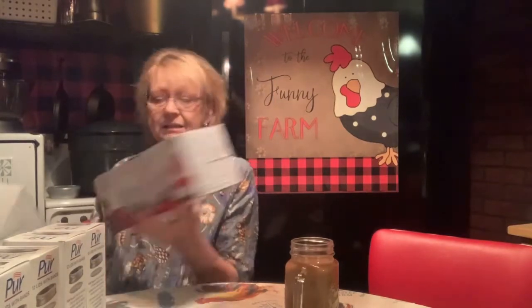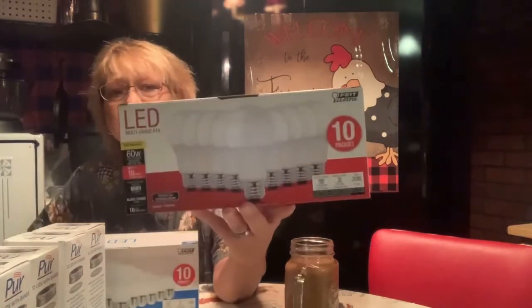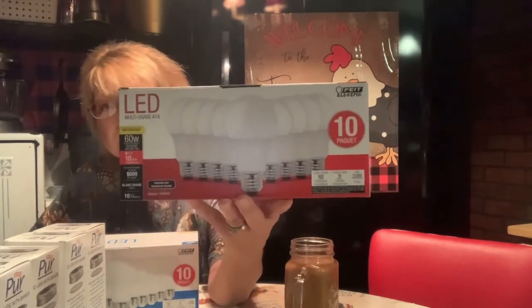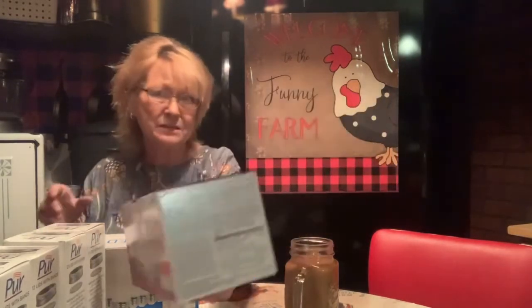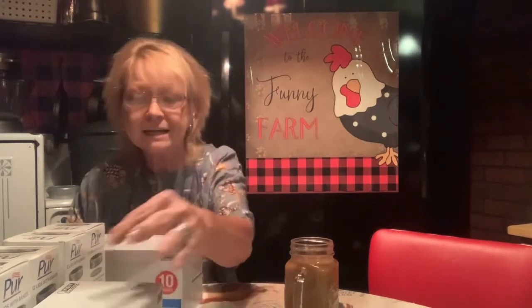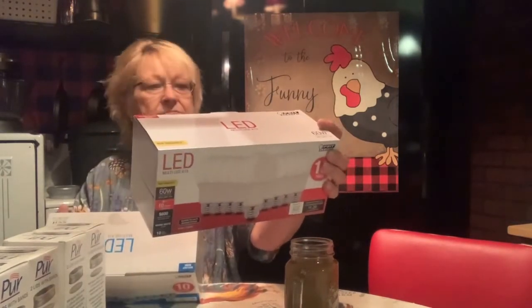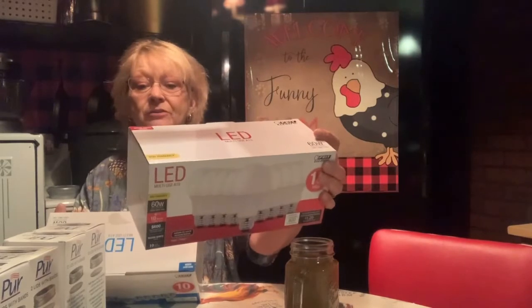But while I was there, they also had something I needed here at home. They had their LED light bulbs. And I got the 60 watt, 10 to a pack. And they had them on sale for $9.99. So I went ahead and bought, I don't know what the difference is. Let me see. I gotta see what the difference is because I think the box colors are different. I just now noticed that. They were both